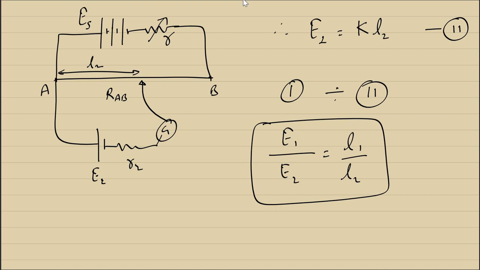So far we are done with one application of the potentiometer. I'm repeating again, always remember, when the null point is achieved, you treat these two circuits, of the potentiometer and the cell, as two independent circuits to avoid confusion. And if you have found the null point, the potential difference across the ends AX and across the cell should be the same. Then only you can achieve the null point. This is the only concept here.